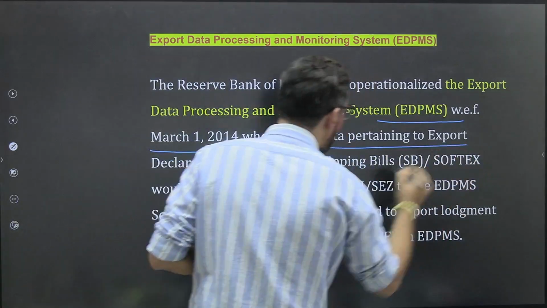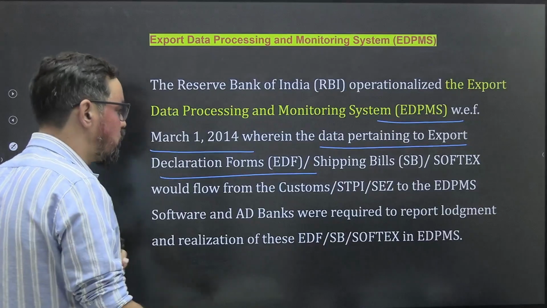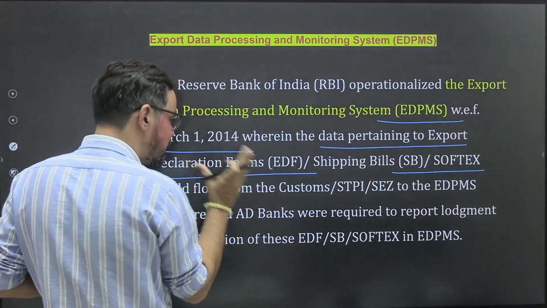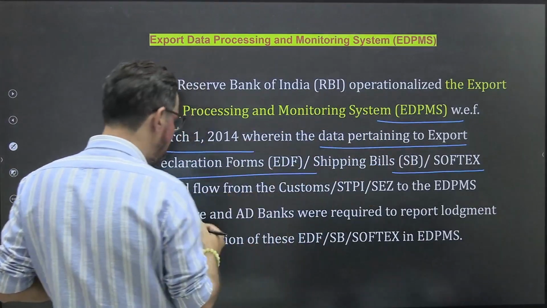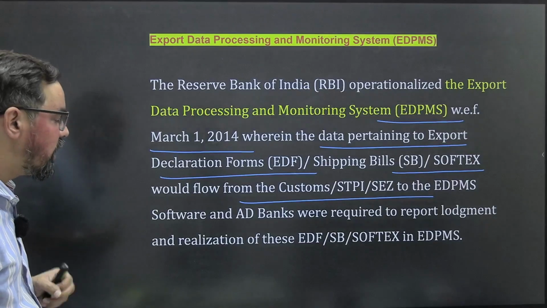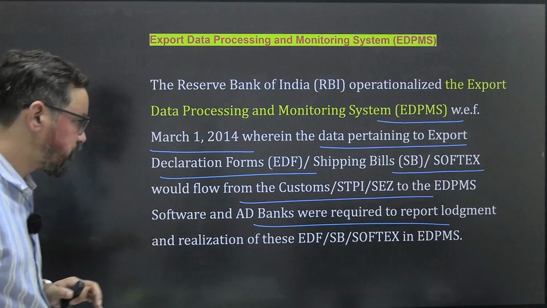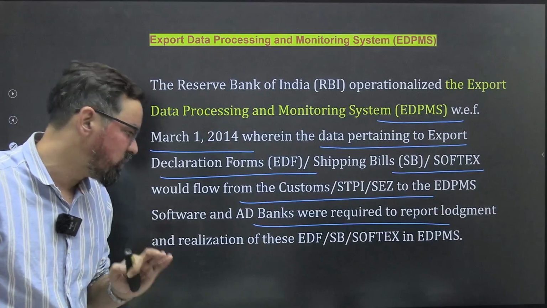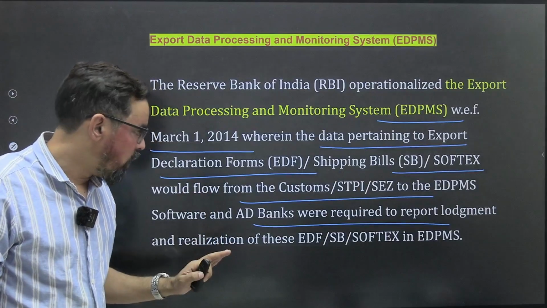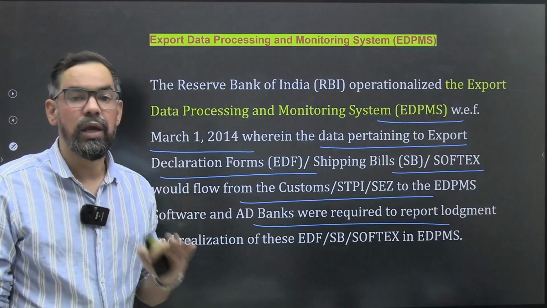Wherein the data operating of export declaration form, shipping bill और सॉफ्टेक्स, ठीक है, सॉफ्टवेयर एक्सपोर्ट के लिए जो लगता है, और फॉर नॉन सॉफ्टवेयर इट इज ईडीएफ, ठीक है। इसके अलावा जो शिपिंग बिल्स आपके हैं वुड फ्लो फ्रॉम custom STPI SEZ to the EDPMS software, and authorized dealers were required to report lodgement and realization of these EDF export declaration form, shipping bill as well as softex software exports के regarding जो होता है in EDPMS portal itself, ठीक है।